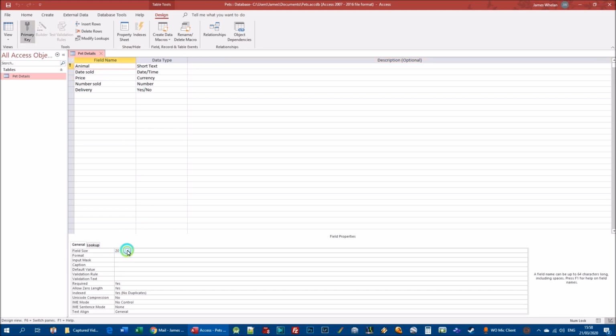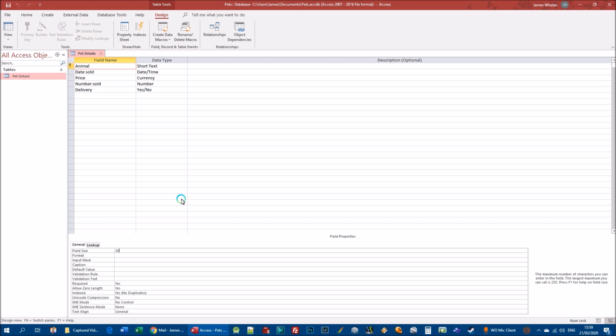I'm going to click on animal up here, and I'm going to change, we did this the first day, the field size. As you see, I've already done it. I've changed the field size from 255 down to 20, which means that by default, short text, which is what animal is, its data type is short text, can accommodate 255 characters for the name of an animal. Now 255 is overkill, it's simply too much. So what I've decided to do is trim it down to 20, so it's going to save space in our